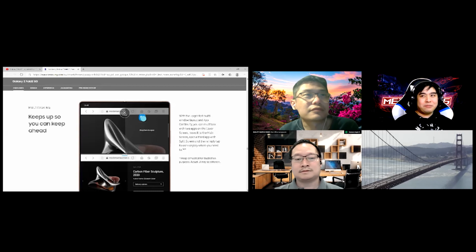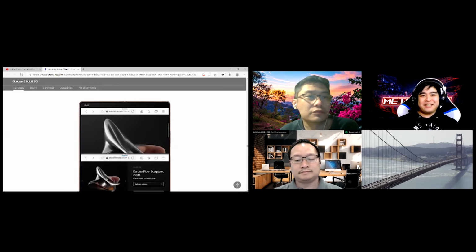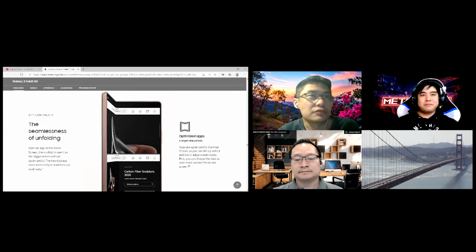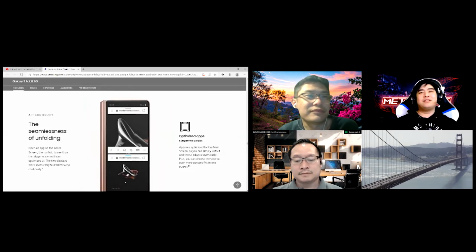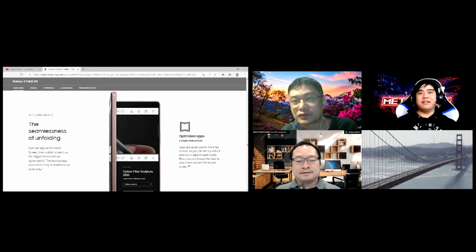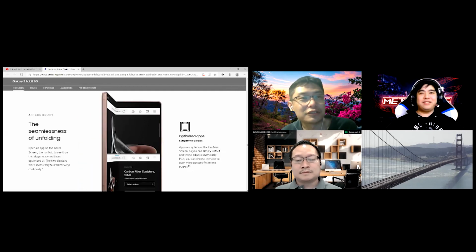We'll see how it performs later. We're not too sure yet. Until we see a scratch test of this thing, I cannot tell if it will hold up, because previous foldable displays were easily scratched with even just a fingernail. Really? Yeah. Wow, which did not look good,